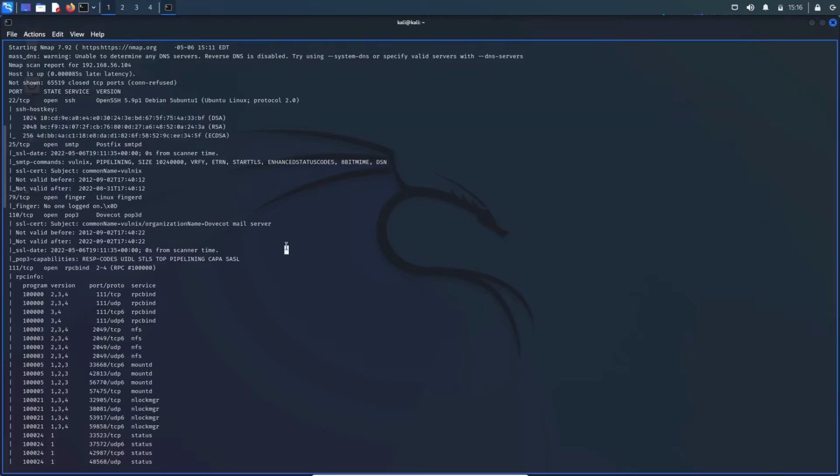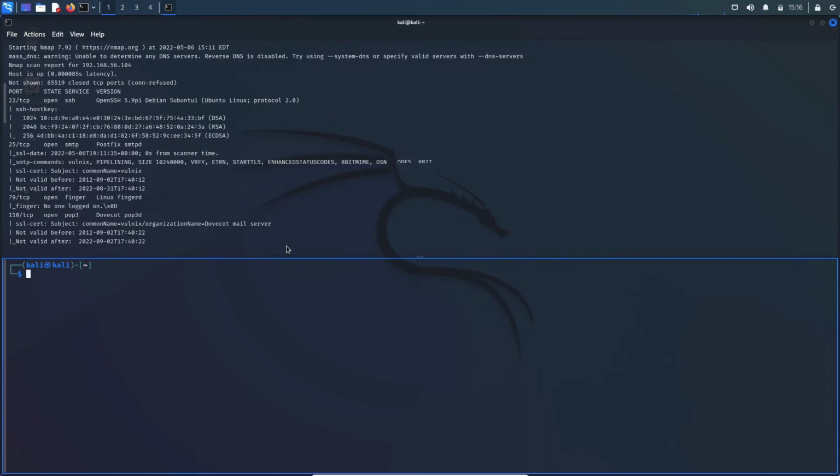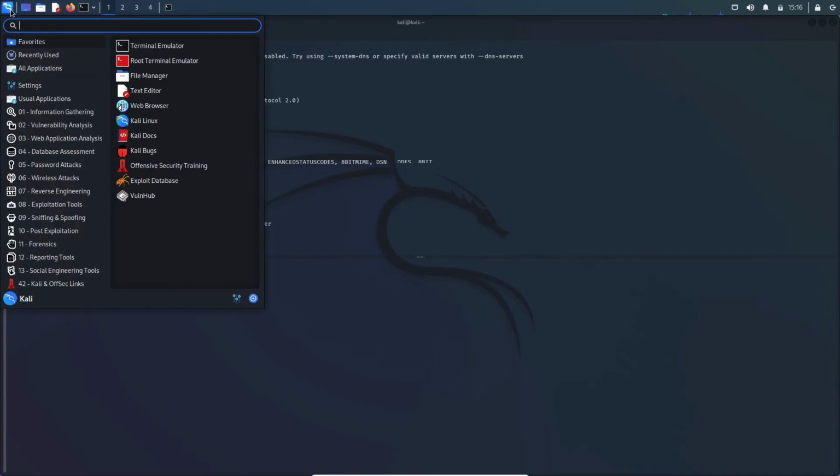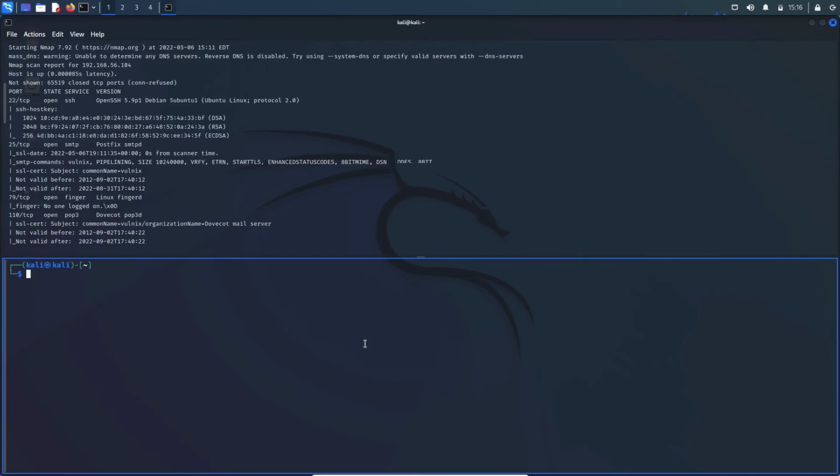Now, the easy way we can do this is through a framework called Metasploit. There are other tools out there. You can use Nmap, which has got an SMTP users enumeration script. There are standalone scripts written in Perl and Python that can allow you to do it. I believe there is a tool that you can install called SMTP user enum. But all I'm going to do is sudo msfconsole to load Metasploit, pop in my password